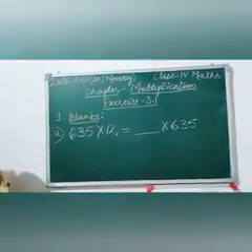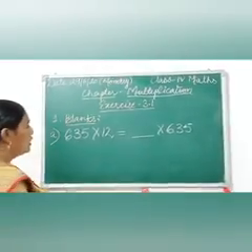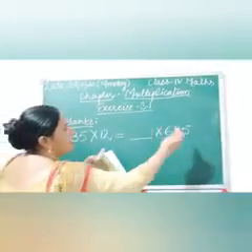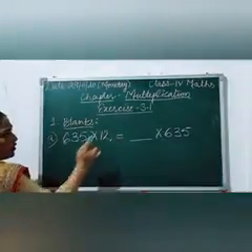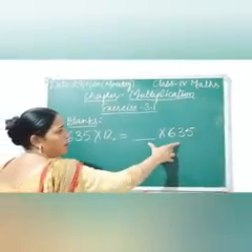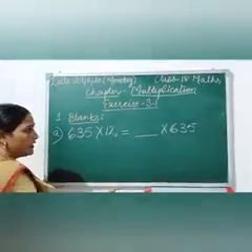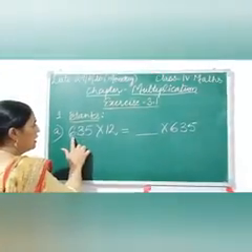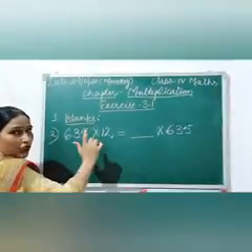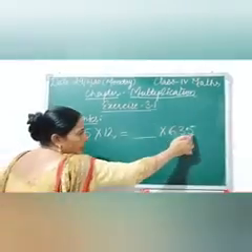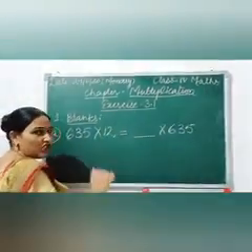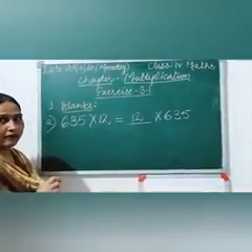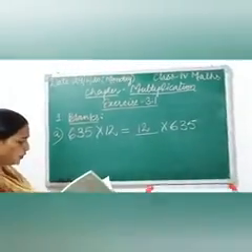How will we fill this blank? You can see the equal to symbol here, with the left hand side and the right hand side, which means both sides must have the same numbers. Which number is missing? Comparing, one side has 635 multiplied by 12 and the other side has 635, so 12 is missing. Here we will write 12.